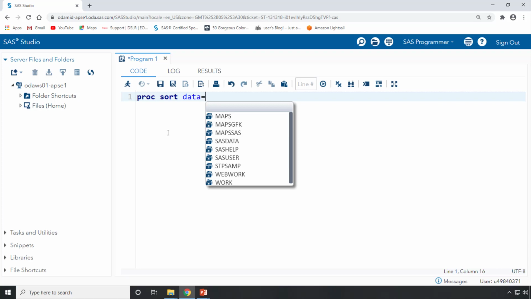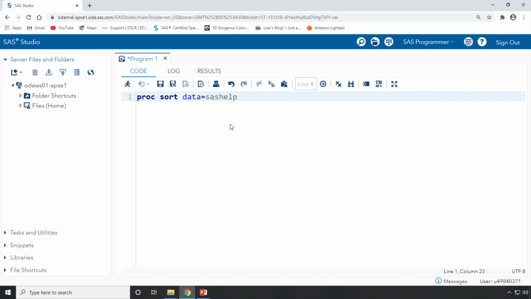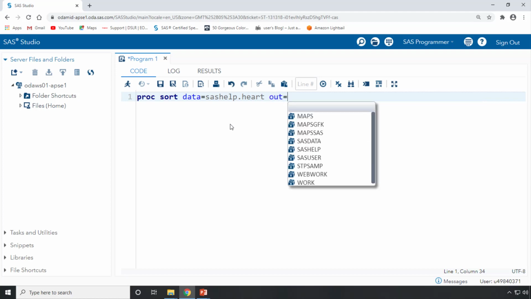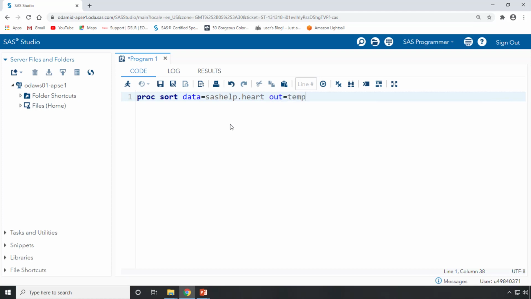You are copying the original data set, that is from the SASHELP library. I'm taking it from the heart data set. I'm creating a new data set by using the out option. Then I'm giving my new data set the name temp.